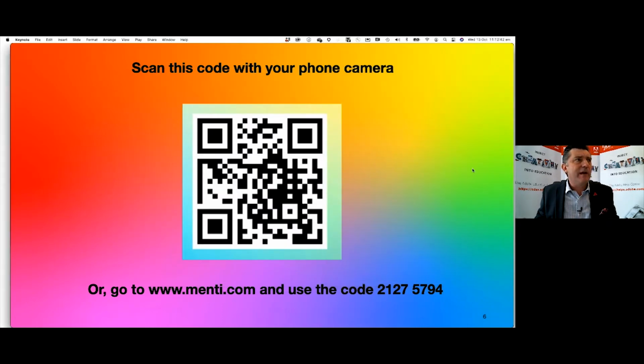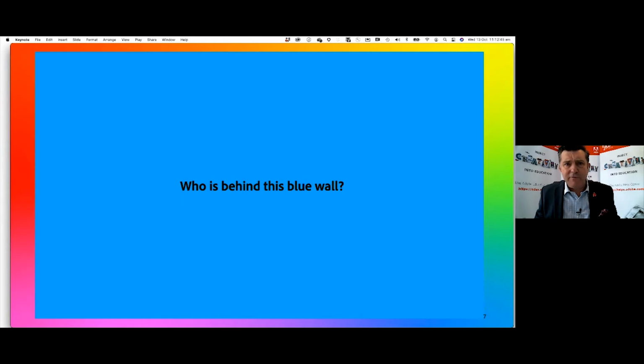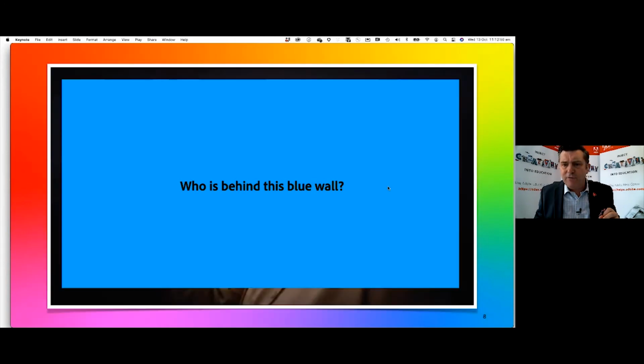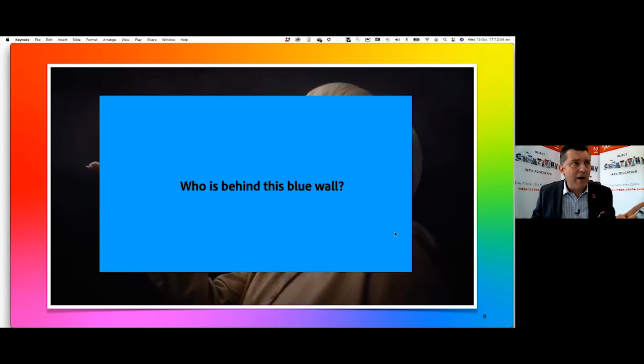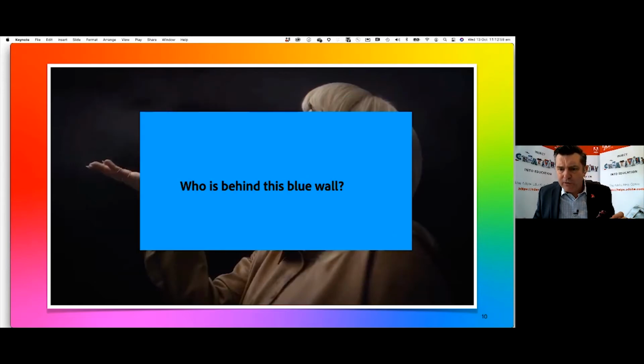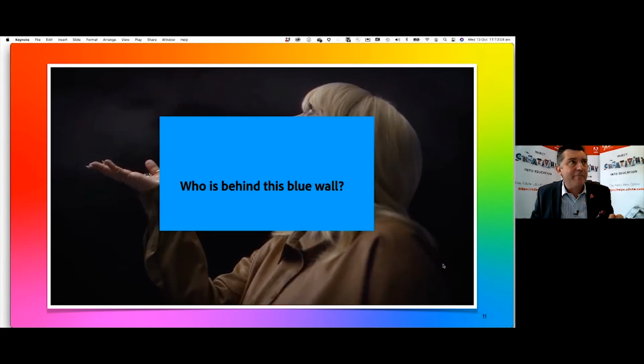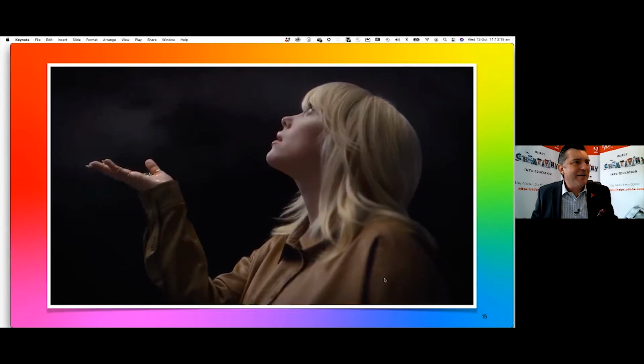Let's move on with this presentation so we can share some of the interesting facts that I have. Little activity first though. Who's behind the blue wall? And Calvin, if you can publish any answers that come up as I reveal the blue wall. Who is that person behind the blue wall? Who is it? And we see, I'm looking at the Q&A chat now to see if we get a response. Should be able to start making out who it is. I did this with a group of primary school students yesterday, and they thought it was the Queen at this point. Well, no, it's not the Queen. Someone considerably younger, and we've got someone saying it's Billie Eilish. It absolutely is, and I'd love to share a little bit about what we're doing with Billie at the moment.